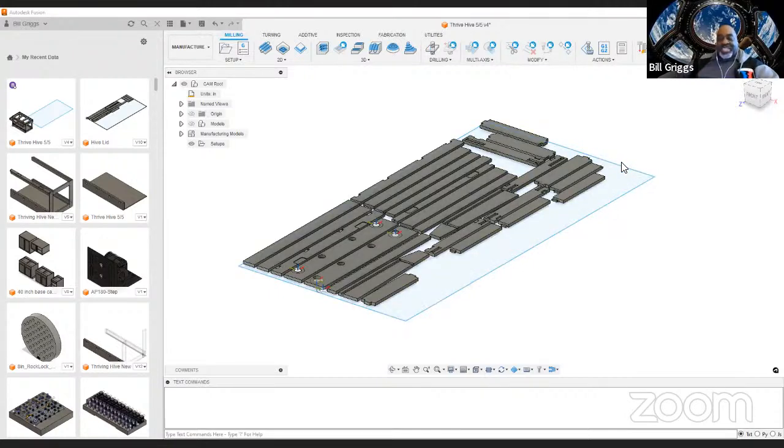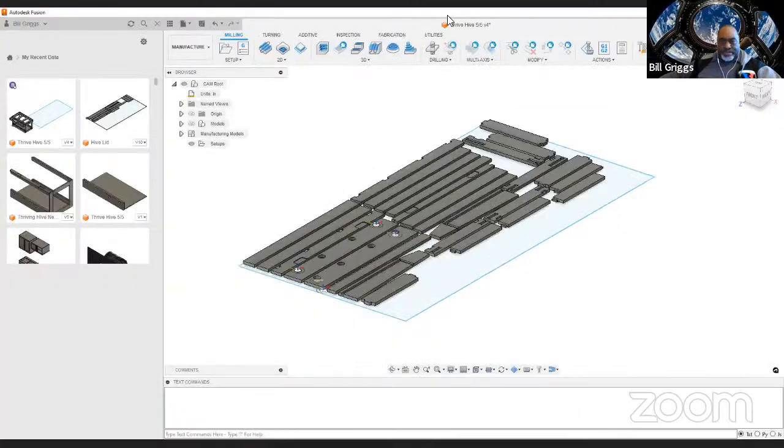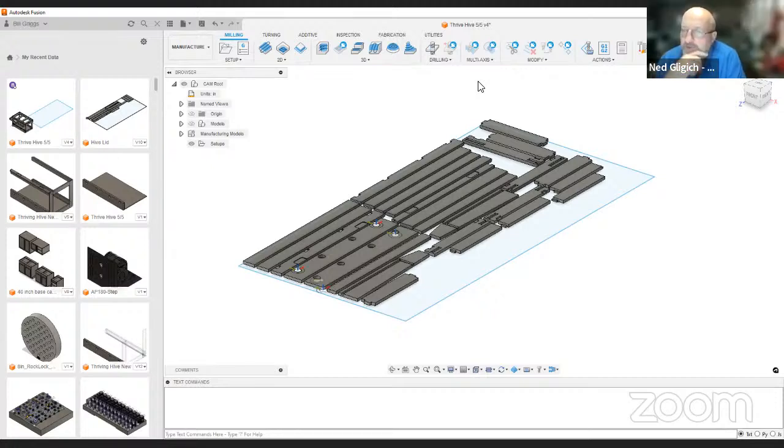But you could actually grab one of these parts and drag it and change the size of the sheet, or you could add dog legs and whatever. Like say you had a cut off piece of plywood and you wanted to see what you could fit on it. You can make all of that happen here using the arrange command. So let's see. I'm trying to move this menu out of the way. And it's not easy, but